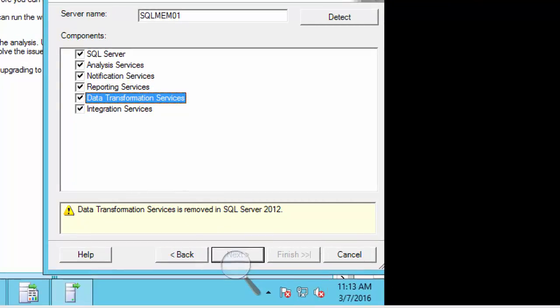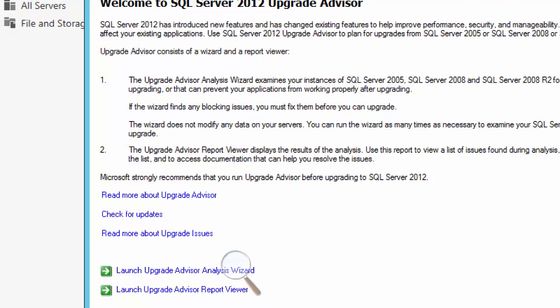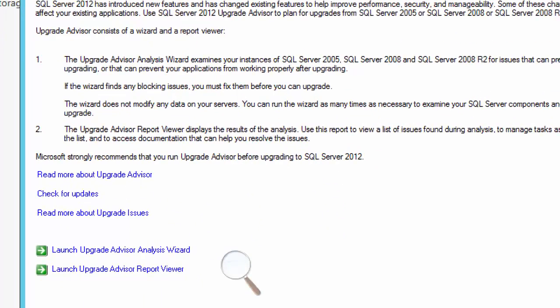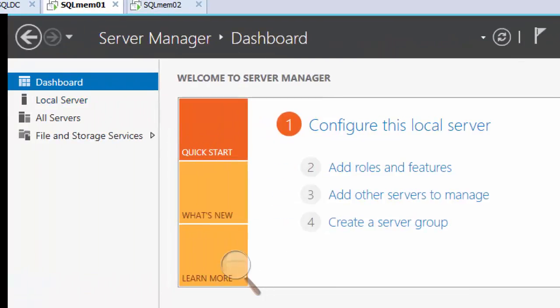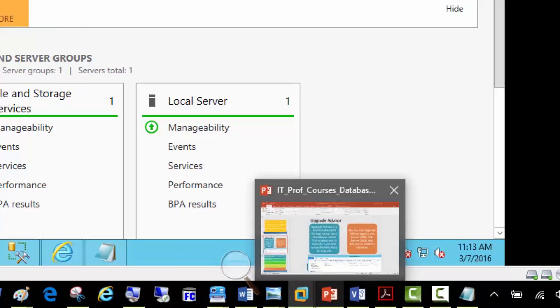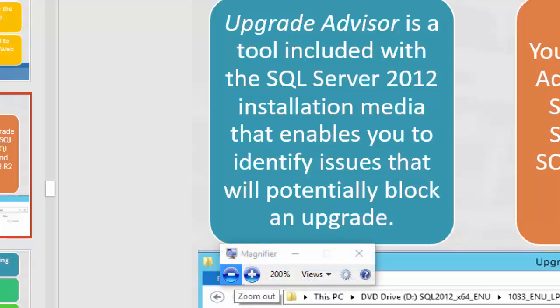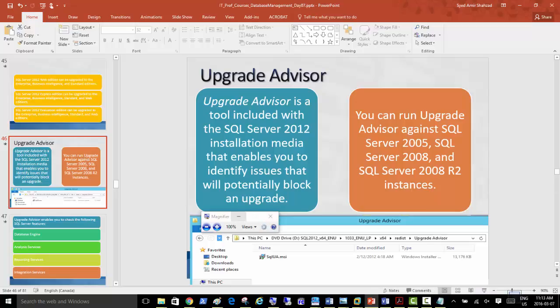But it has detected already, hey, you're not supposed to run on 2012, it's supposed to run on the older version. So I'm just trying to show that it's going to try to collect information by offering those checkboxes. But right now if I want to use it, I would download the ISO for 2016 and use it on 2012, right? So Upgrade Advisor is better for us to plan the upgrade and migration instead of going with the documents. Although we're going to go for the documentation as well, we should, but this will be a very good insight into what we can do and what we cannot do, or what we actually need, right?